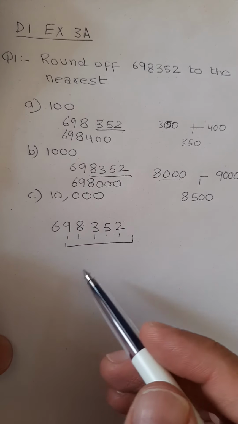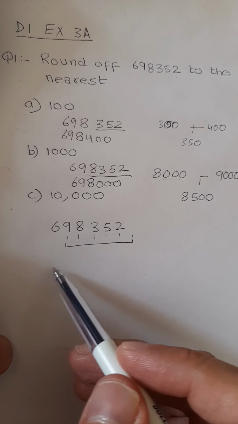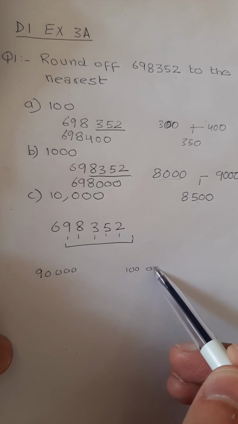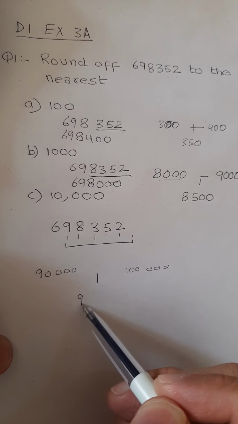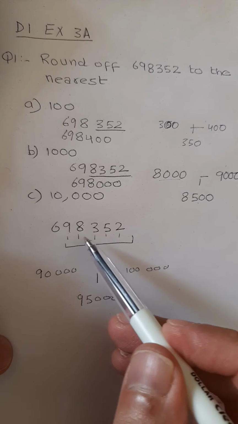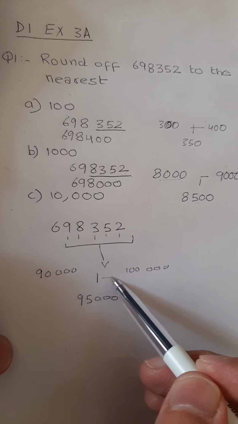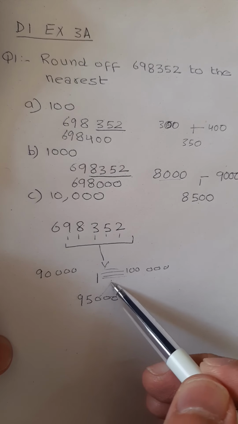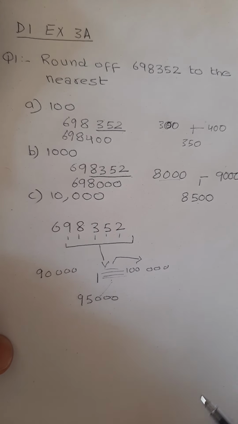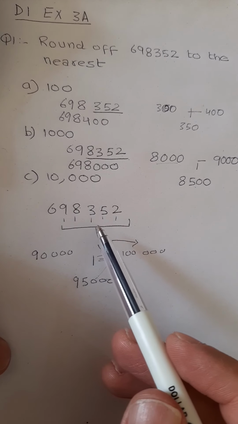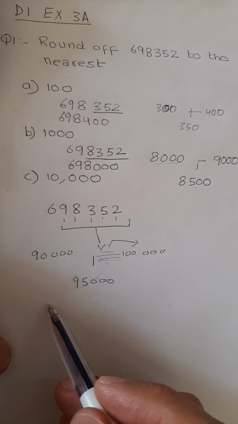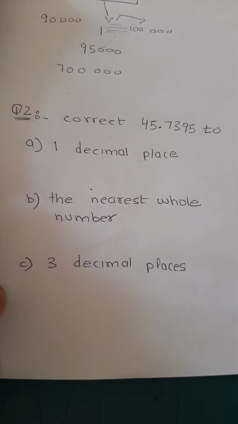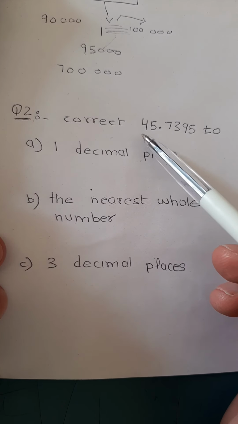This is 98,352. So 98,352 is between 90,000 and 100,000. The middle value is 95,000, and your digit lies in the region which is more than 95,000. 98,352 is more than the middle value, so you will round it off to the next one, that is the next lakh. 6,98,352 will be written as 7 lakh or 700,000. Question number 2, exercise 3a D1 says correct